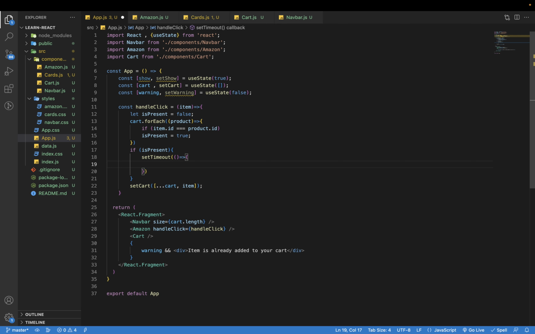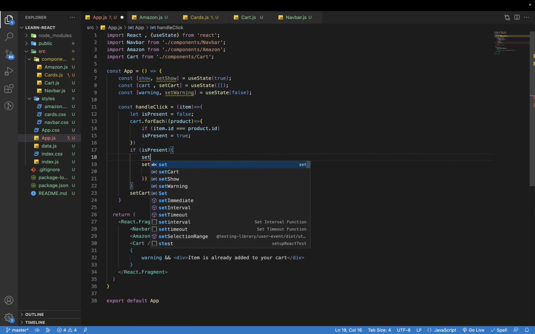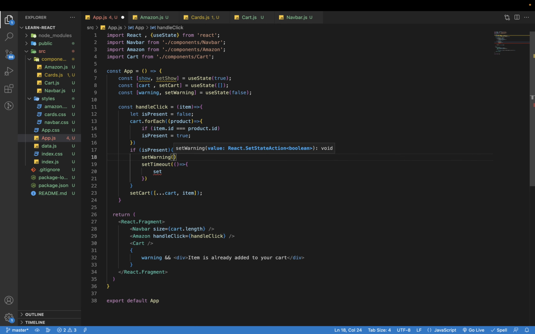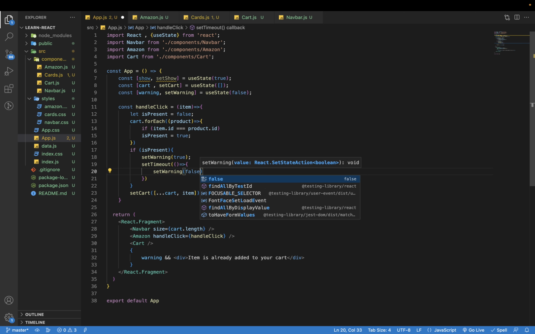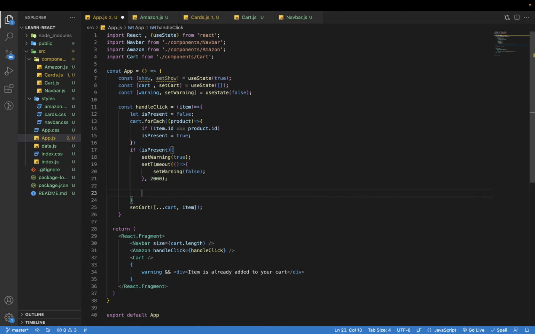If the value is present, then we will set the warning to, let us put this outside, set warning to true. Okay, and after some time put it to false, maybe after 2000 milliseconds, which is 2 seconds, and this return